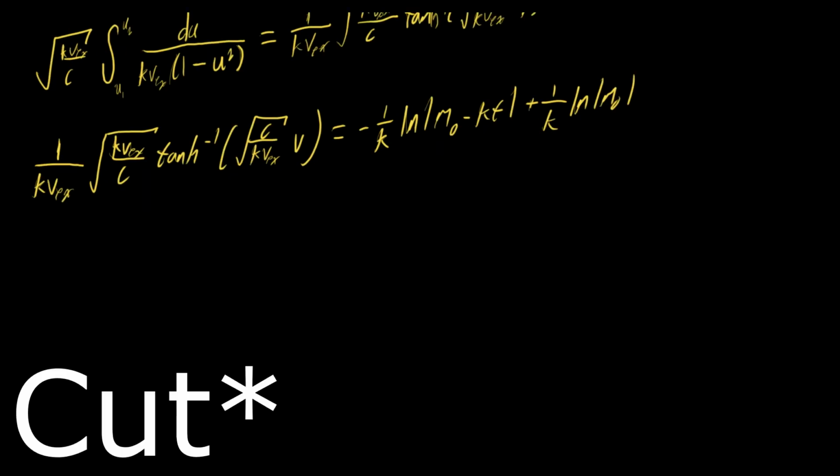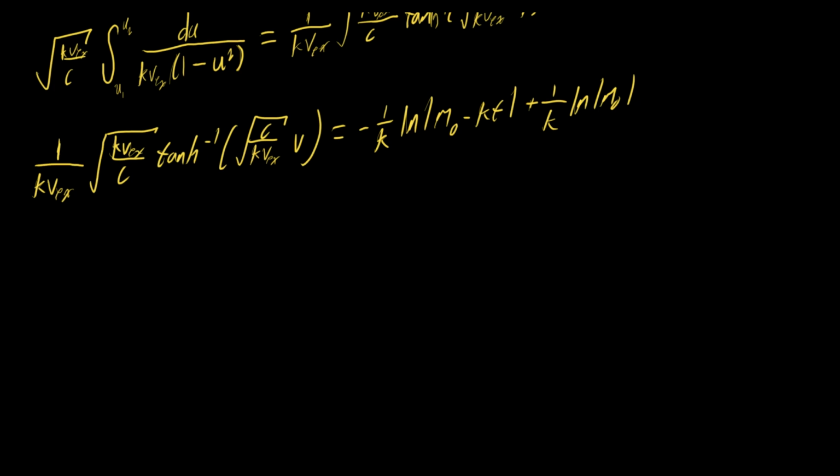Alrighty, so here we have the full solved solution. Of course, we're just going to need to solve for the V rocket here. So we do that pretty easily. First off, we can cancel out these k's, which is going to be nice. And then we're just going to shift everything to the right. So all in all, you may do this algebraically yourself if you want, but I already have the solution written down. So we have the V rocket with respect to time is going to be